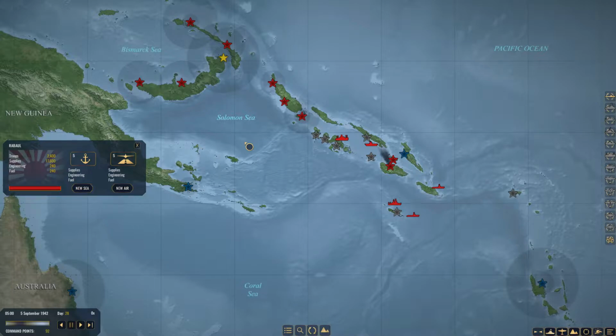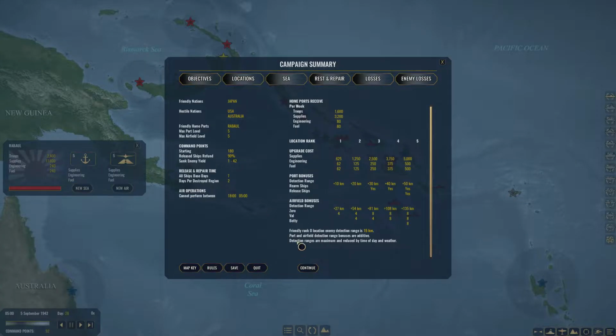We have only 2,500 troops available at Rabaul. We have a lot of supplies, but supplies themselves don't win the battle. So if we go around our other bases, we have between 250 and 500 troops available in those, which just aren't going to cut it. They could be emergency troops if we really need them, but I don't think they're going to do anything in particular. We do have, however, 240 engineering and fuel, which if we go to rules and look at upgrade costs,